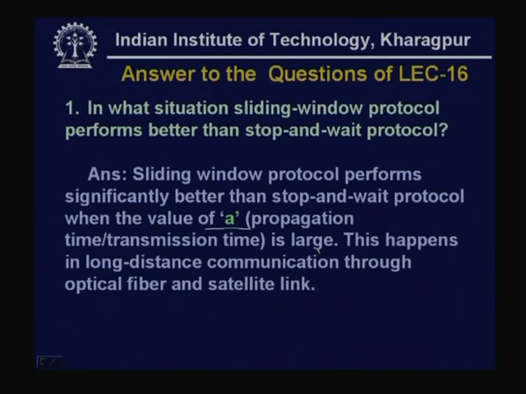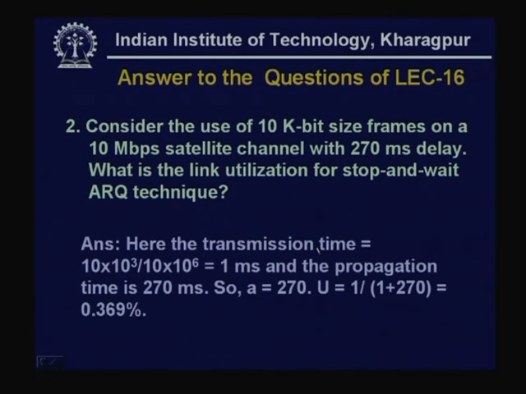very high speed communication. Second question was, consider the use of 10 kilobit size frames on a 10 megabit satellite channel with 270 millisecond delay. What is the link utilization for the stop and wait ARQ technique? Here the value of a is 270 because transmission time is 1 millisecond and propagation time is 270 milliseconds. So, utilization is only